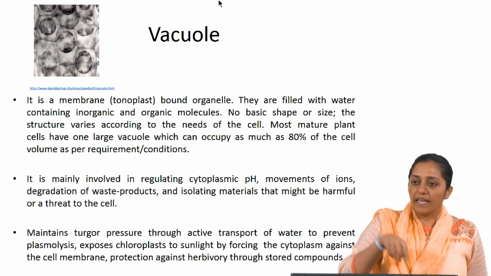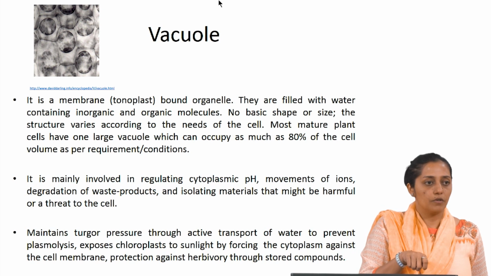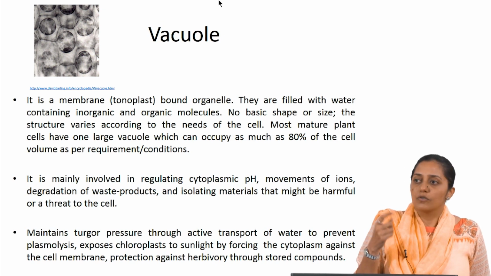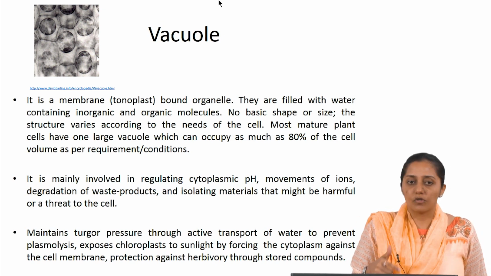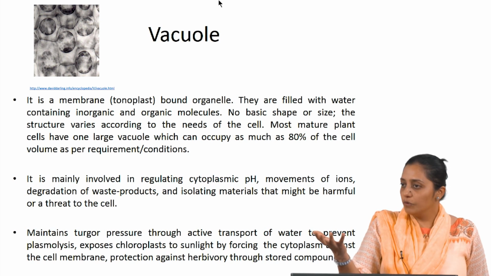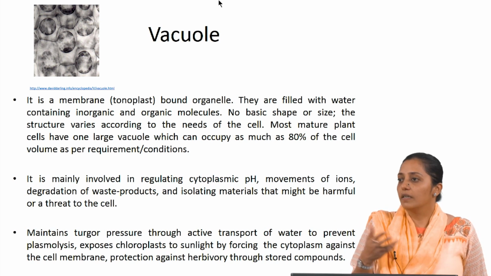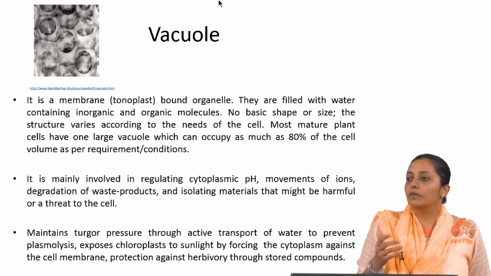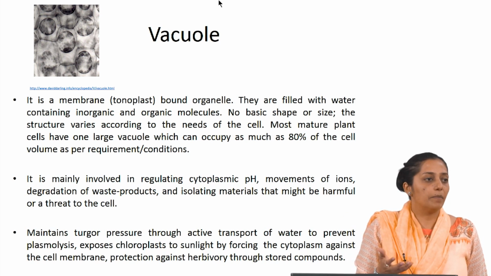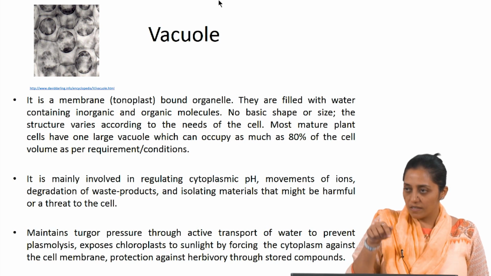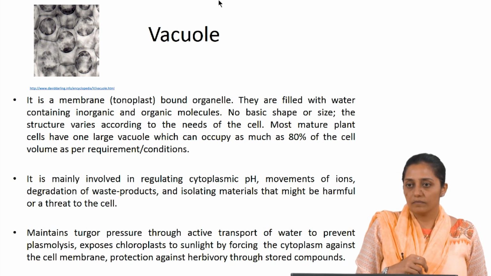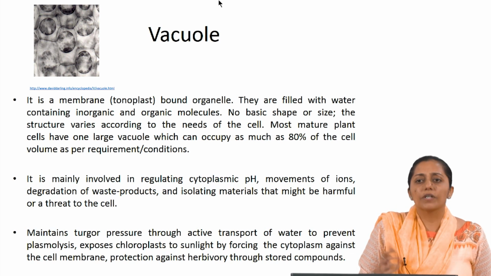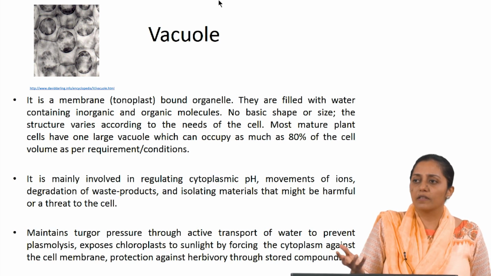Based off selectively having some molecules stored in, it has some degrading enzymes also stored in, which will be useful in degrading the waste product, degrading the toxic molecules or keeping the toxic molecules. How do you think all this is getting managed in the vacuole, which is inside the cytoplasm? Some enzymes. Enzymes are doing what? What is helping the vacuole in carrying out all this function?